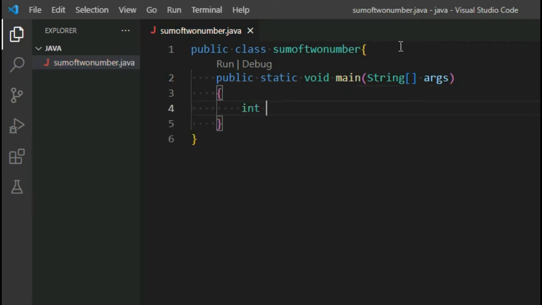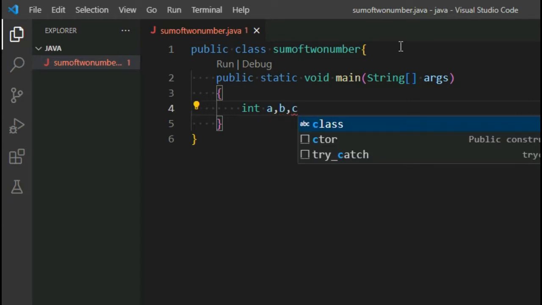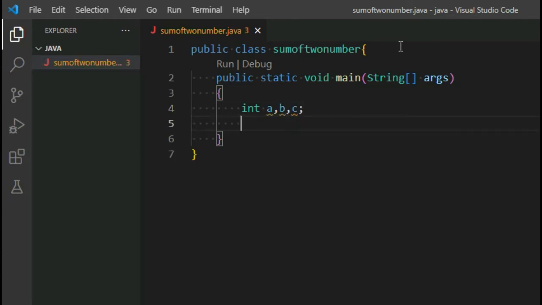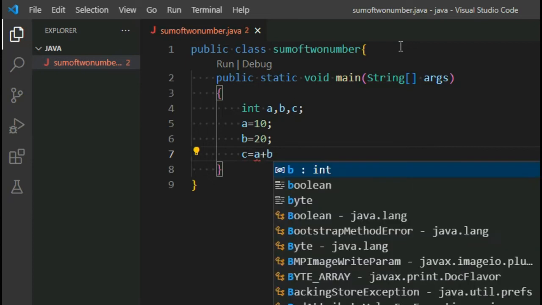Here I am going to write the code, using the integer data type for taking two numbers. My first variable name is a, the second variable name is b, and c is used to store the answer of the sum of two numbers. So here I am assigning values to our variables: a is equal to 10, b is equal to 20, and I am going to add these numbers